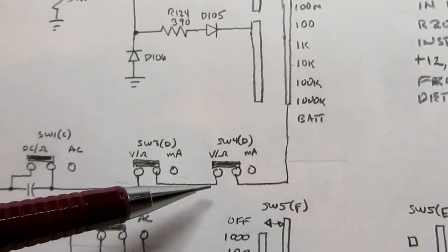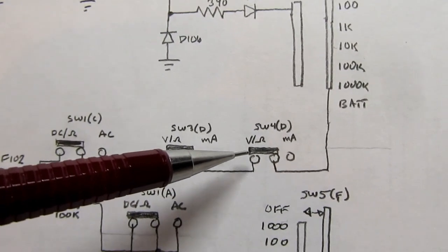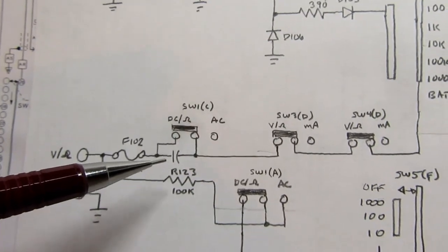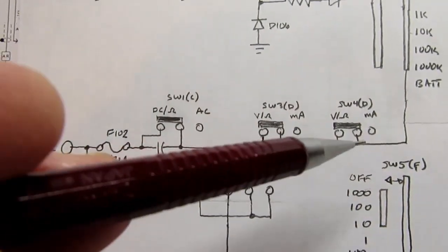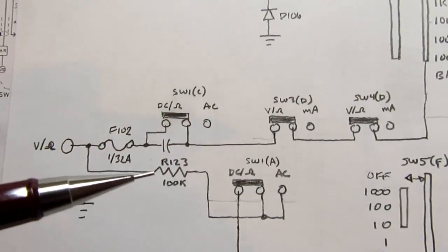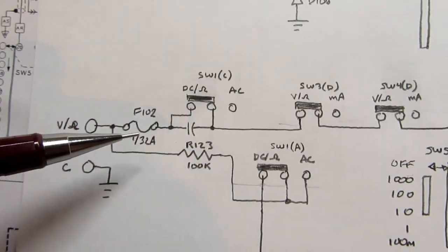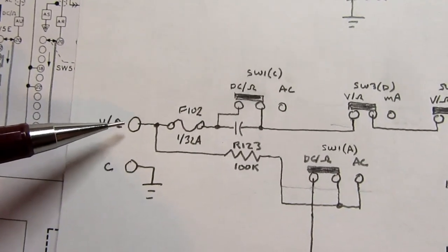It goes through 2 switches that are only closed when it's in the volt or ohm position. It bypasses this series resistor. These are the same, or the series capacitor. These are the same components that are used when we're measuring voltage. It's just that the signal's going this way instead of that way through them. We're not interested in blocking DC when it's a DC signal, so the capacitor here is shorted out. We go through the same protection fuse, and we go out through the volt ohm jack,